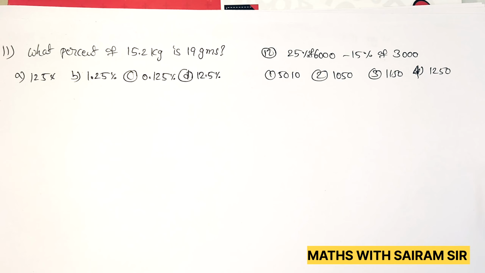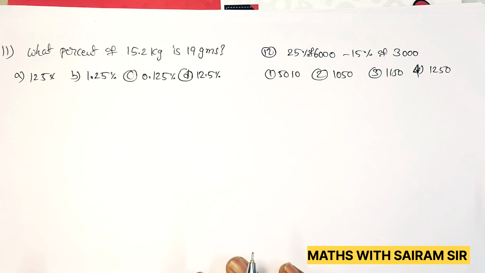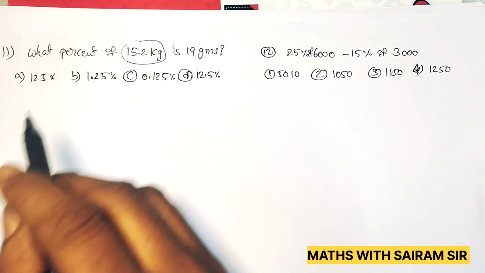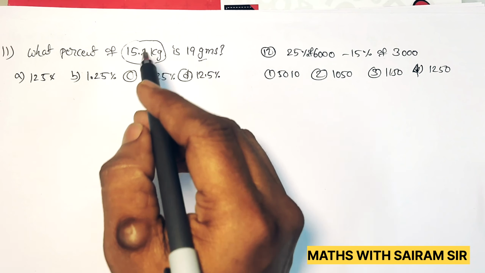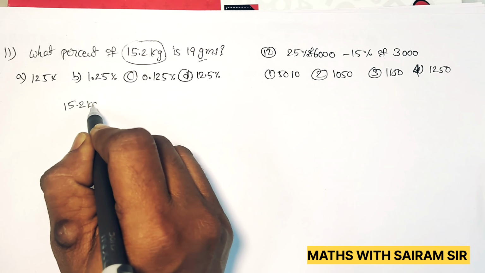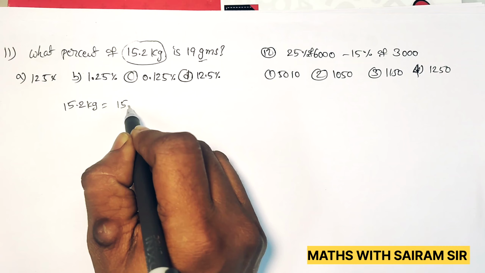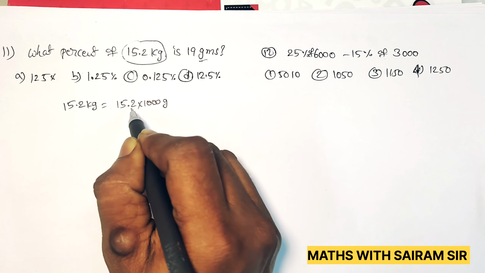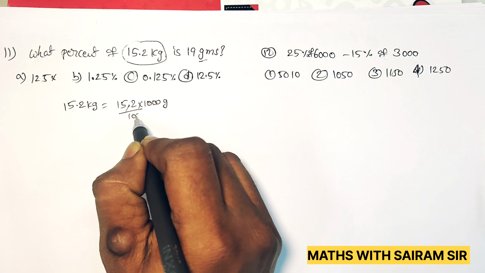Let us observe the next question. What percentage of 15.2 kgs is 19 grams? Here we have given this in kgs and it is in grams. So we need to convert this kgs into grams. In order to convert kgs into grams, we should multiply it by 1000. On multiplying it by 1000, you will get